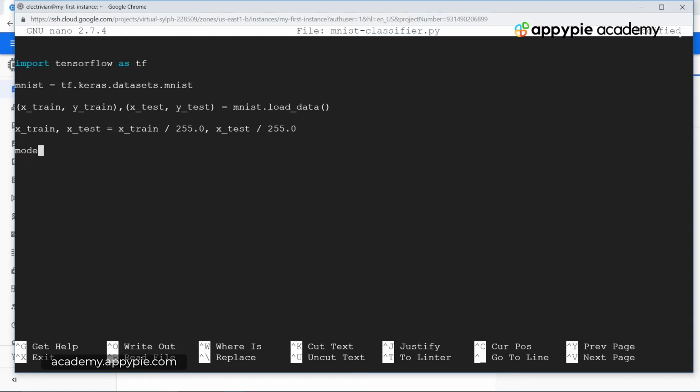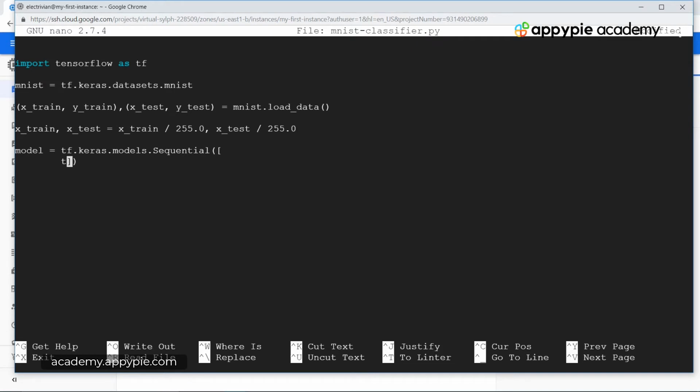So over here we have model which is equal to tf.keras.models.Sequential. Inside Sequential we are again passing in an array, so we have square brackets, and now let's go on a new line and press tab to leave some space at the start.